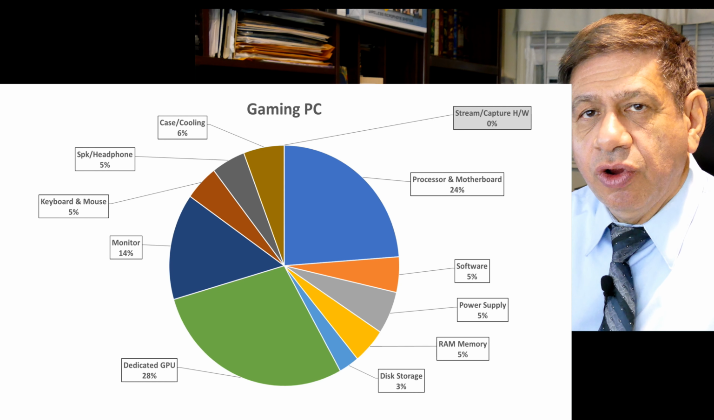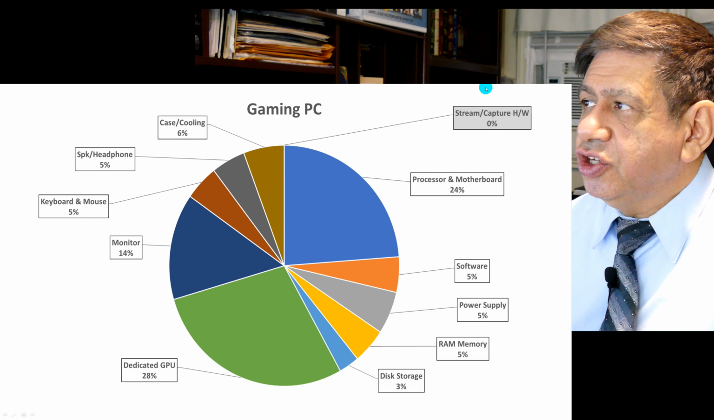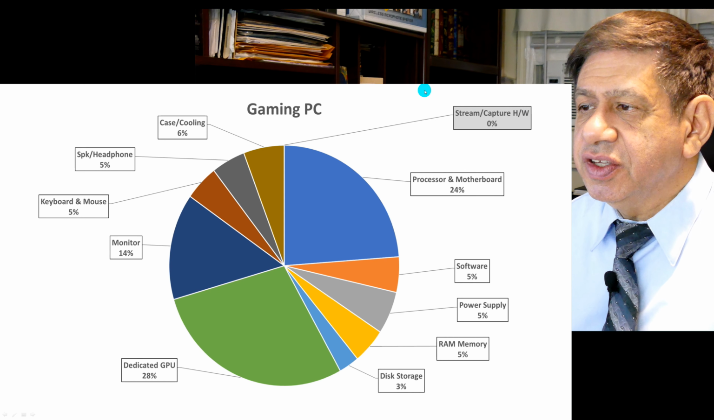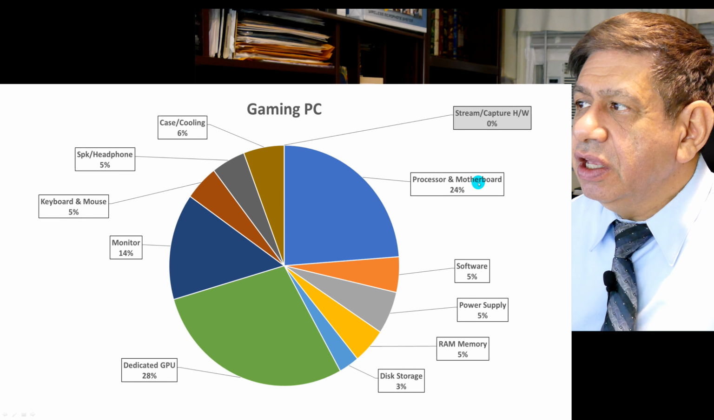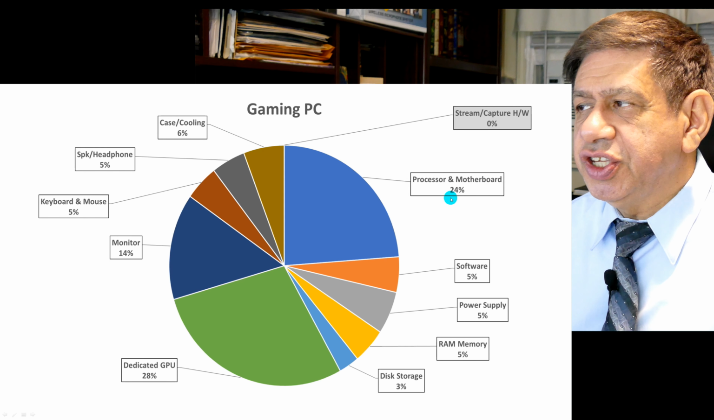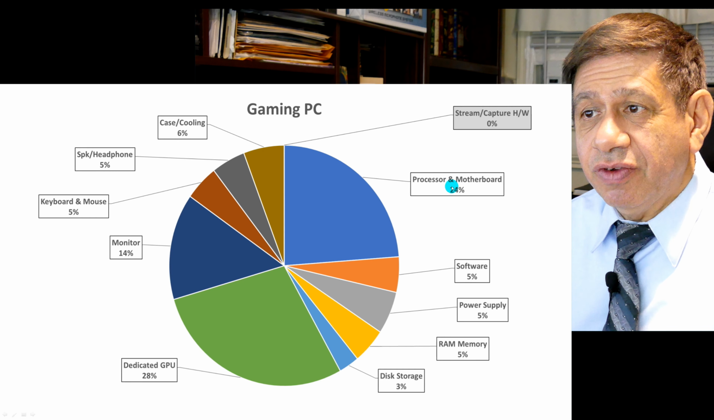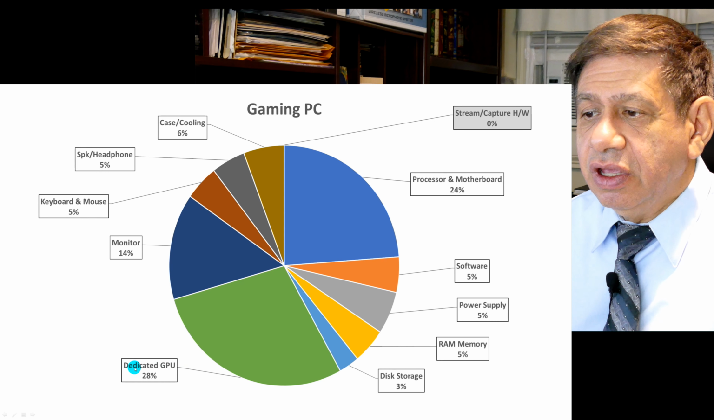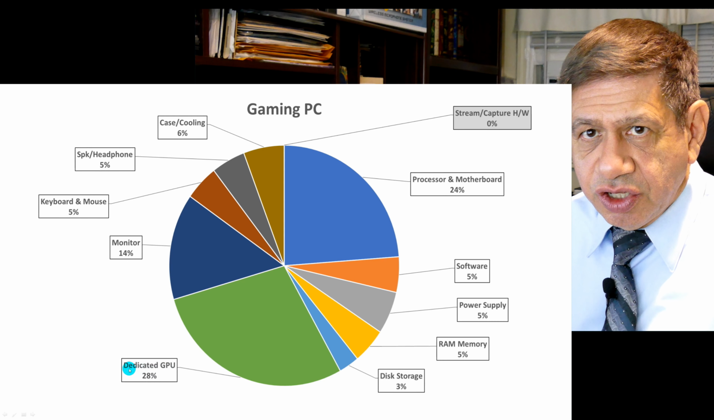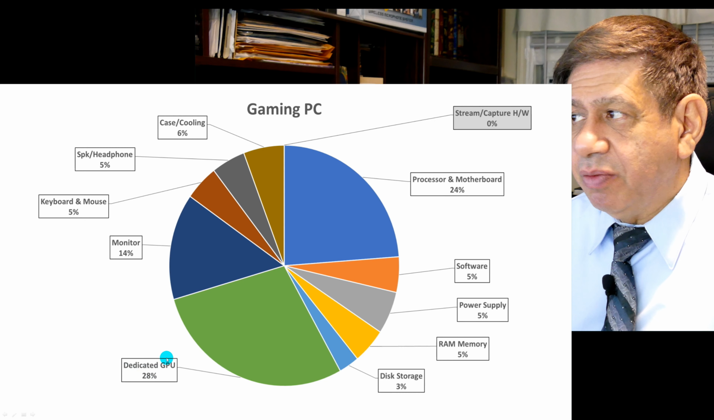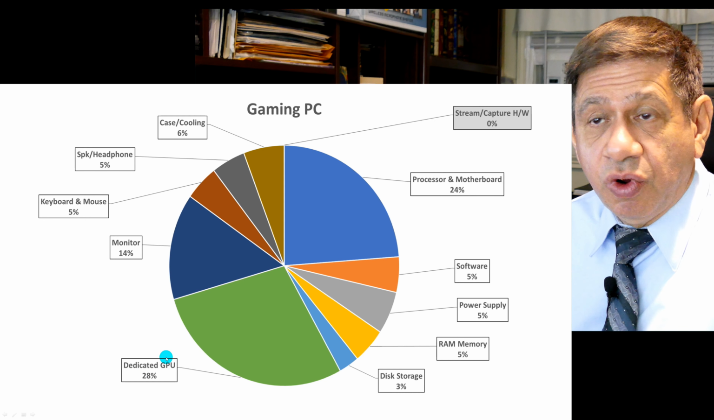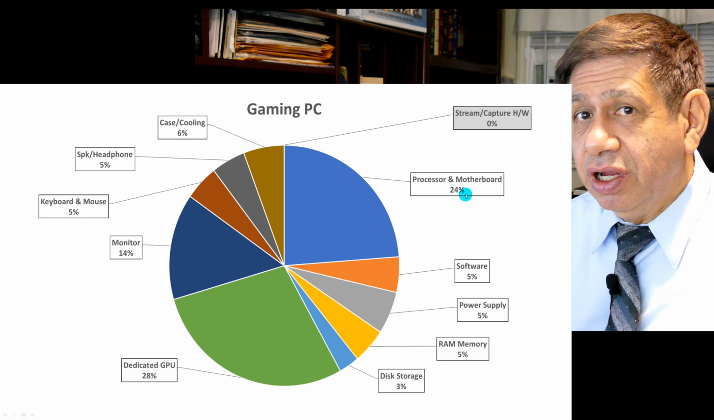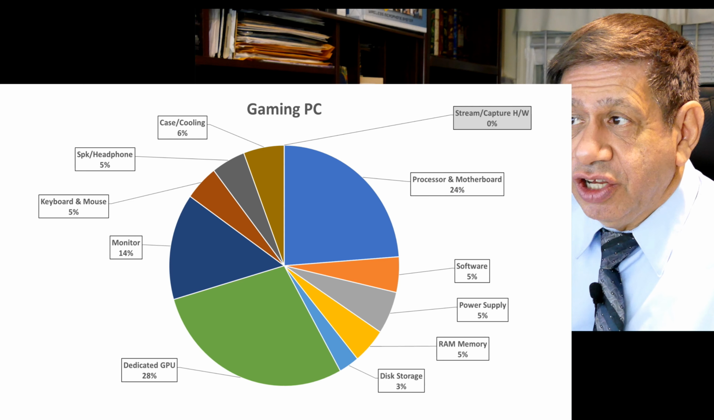Now, a gaming PC, basic gaming PC, includes a lot more. Pretty much all the categories except for the stream capture hardware, which I'll mention in a moment when we get to one of the later PCs. But as you can see, the processor and motherboard are pretty much the same, about a quarter of the cost. However, you now have replaced a lot of the other components with a dedicated graphical processing unit or video card. That actually generally costs more than the processor and motherboard. That's usually the case, if not a lot more,